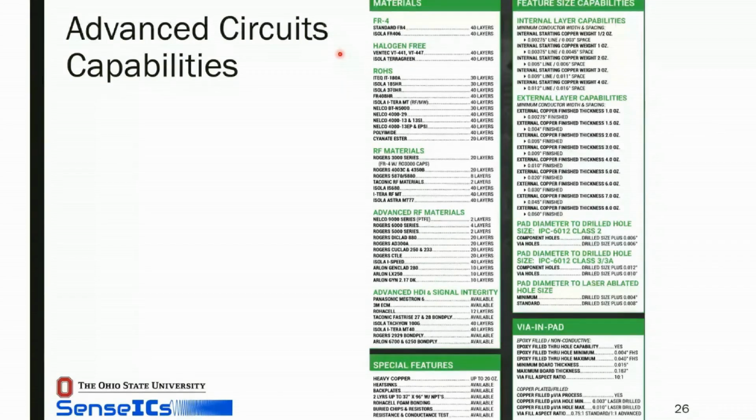All right. So let's look at some other things that they want to tell you about. Here, it's kind of hard to see, but this column is very, very important. It's feature size capabilities. So this tells you, as a designer, what size can I make my trace? What size does the space need to be to the next trace? And how wide can it be? And it also tells you